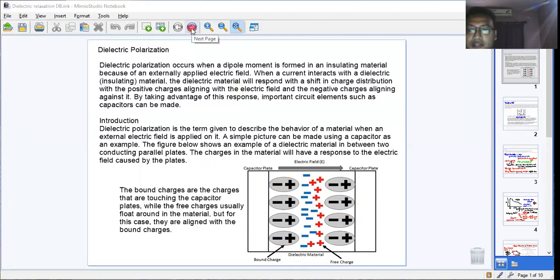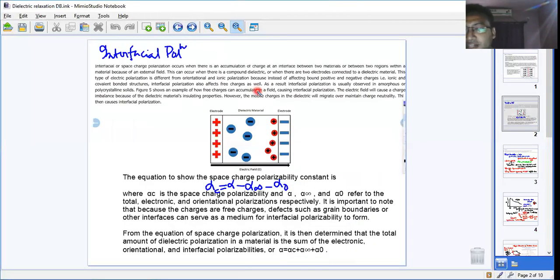The most important thing we are going to discuss is interfacial polarization. What is interfacial polarization? As we all know, the interfacial or space charge polarization occurs when there is an accumulation of charge at an interface between two materials, or in compound dielectrics. This kind of effect is predominant